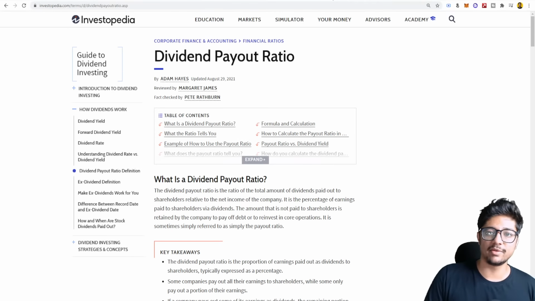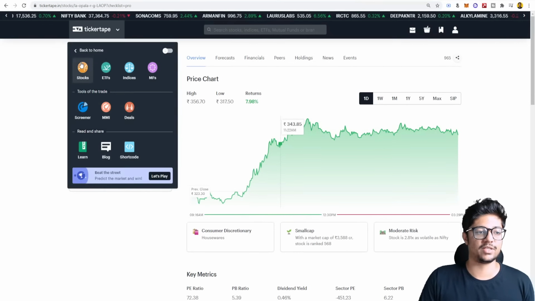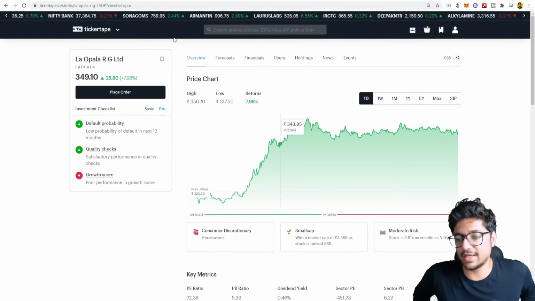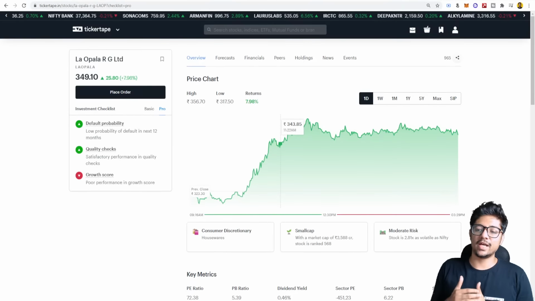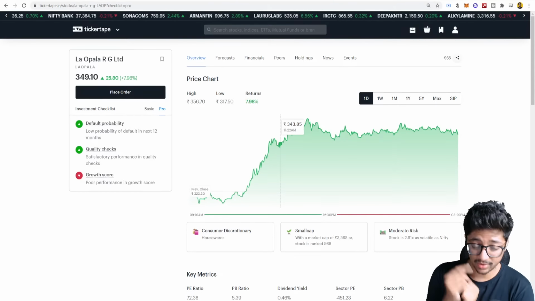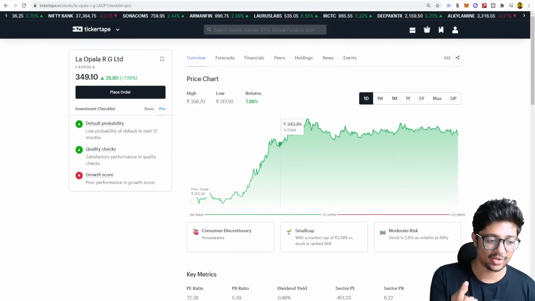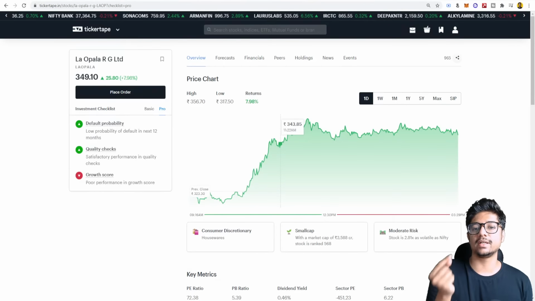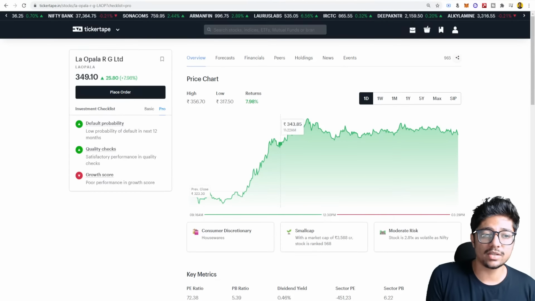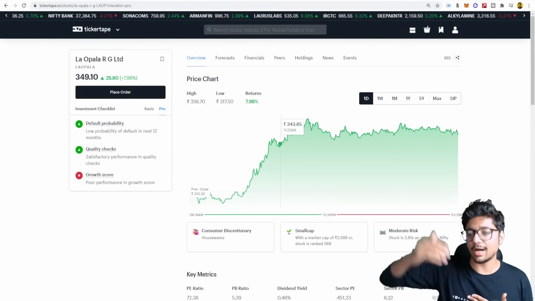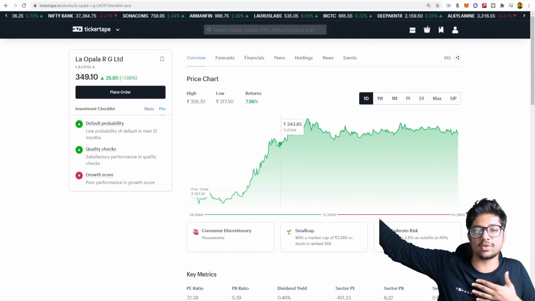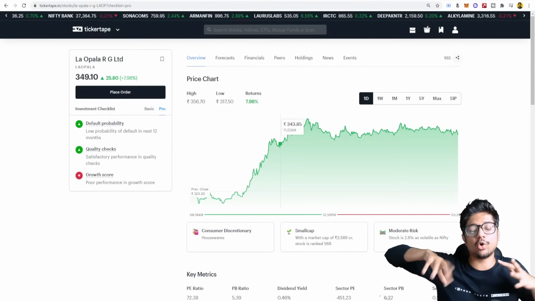Please understand before you do a dividend investing strategy that dividend investing is something where you want to keep your capital preserved. Number one, it should be capital preservation, and get consistent dividend income as well. Now this only works really well either when you build up to a very high corpus, or you already have a big corpus.